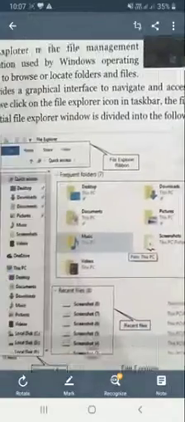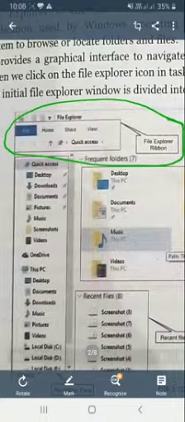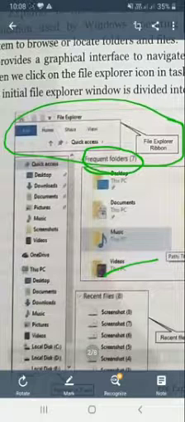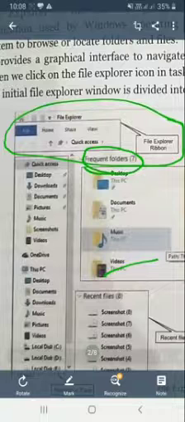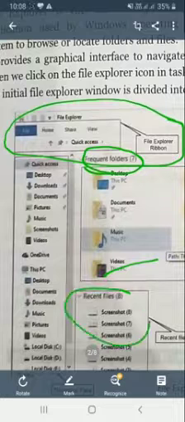As you see, this is the File Explorer ribbon. This is used for frequent folders, which you mostly use. Frequent folders means those folders which you often use, every time or sometimes. Recent files are those files which you have last used.